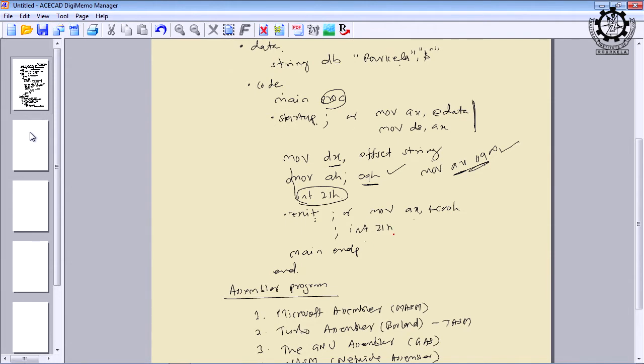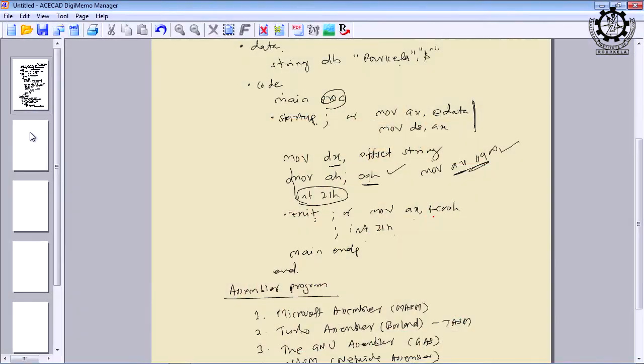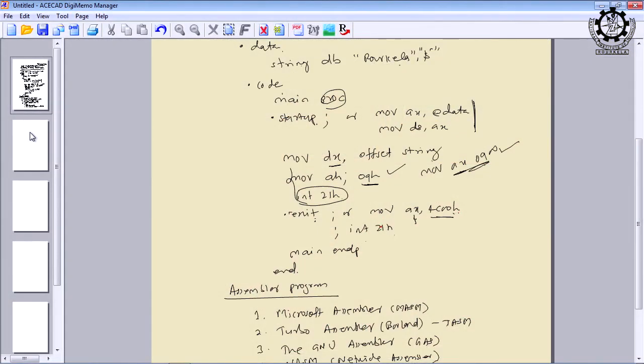Okay. So, if you do not want to write dot exit, then write exclusively move 4C00 to AX and interrupt 21H. See, the same interrupt is used for different purposes. What is the purpose? To exit from the program. This time we are loading 4C00 to AX. So, that means before operating interrupt 21H, we have to load a particular value into AX. So, 4C00 is for this, or you can write move AH, 4C. That will also serve the same purpose of exiting the program.